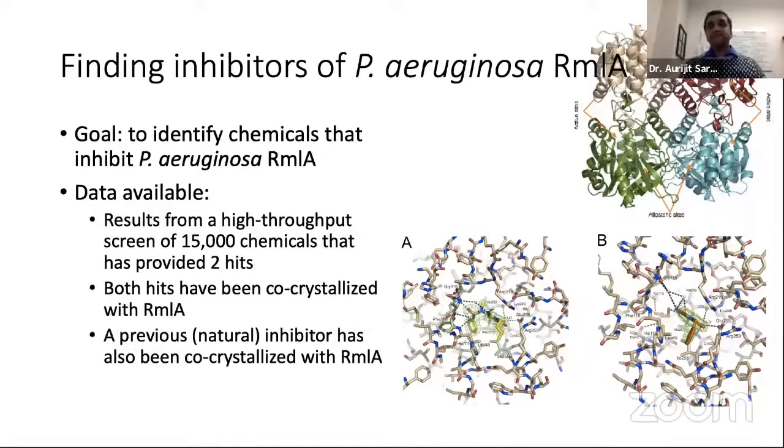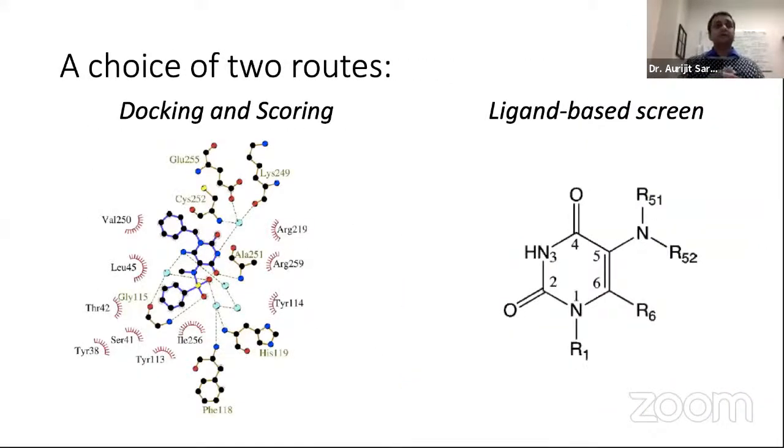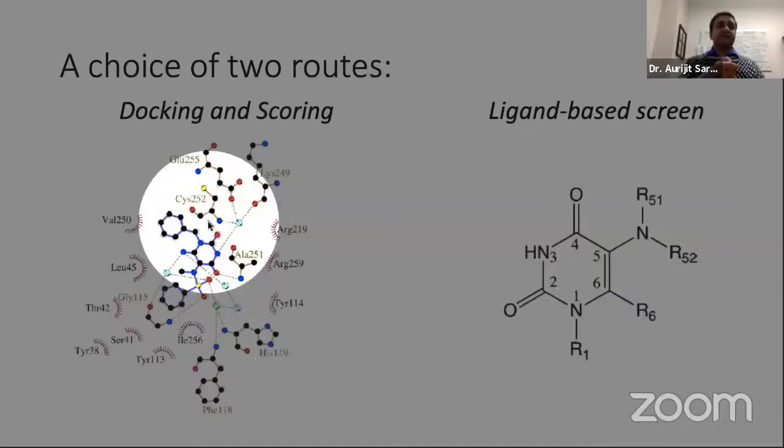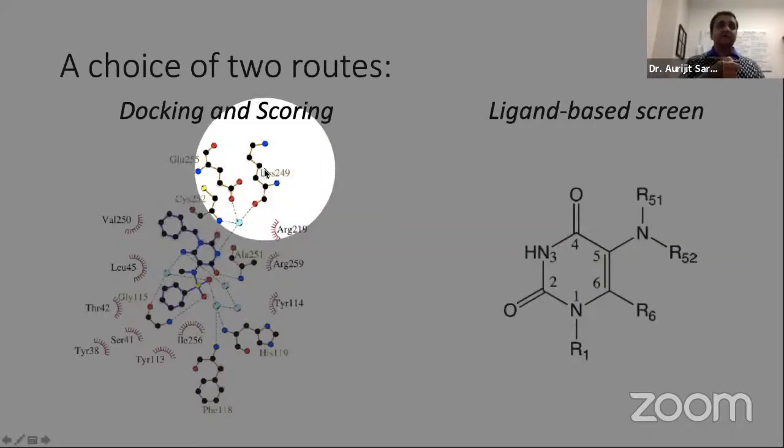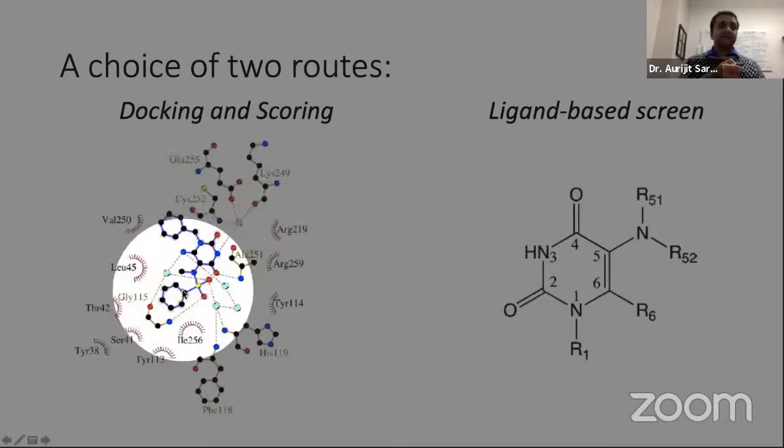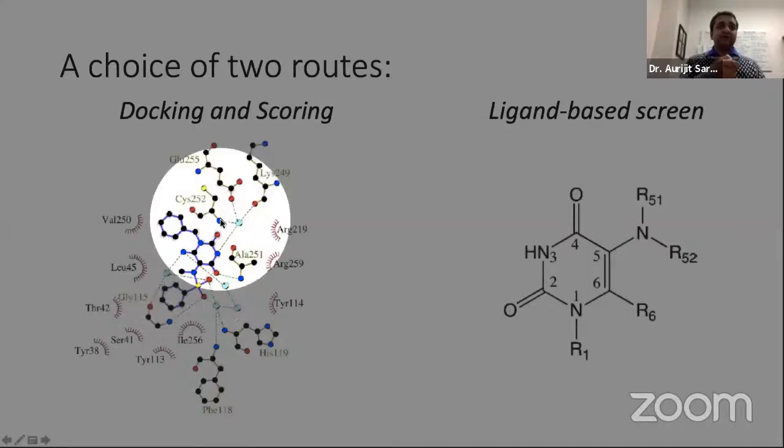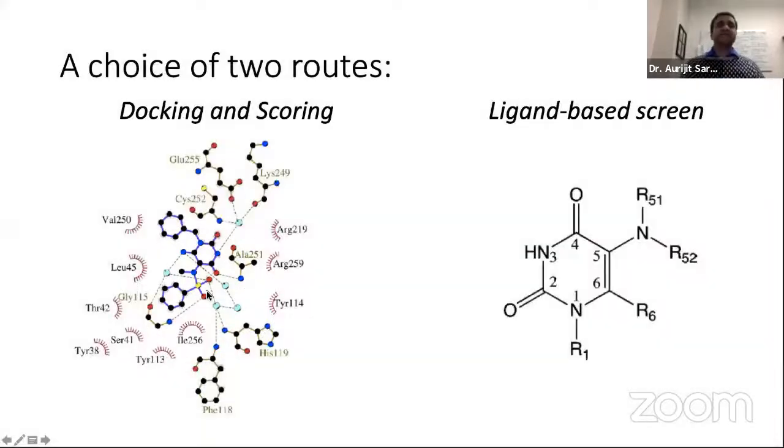The first thing that most people would do is, well, let's run some docking and scoring. Okay, you could do docking and scoring. That's a theoretical method, and you basically spend a lot of time optimizing the docking and scoring process. Then you ultimately end up with, if you're lucky, a 30 to 40% success rate. And there you go. Well, I did something a little bit simpler.